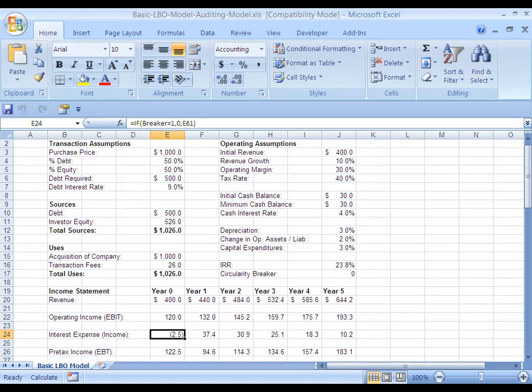So for your exercise, what I want you to do is pretty simple here. Basically all you have to do is set up this model so that the interest expense is showing the arrows, showing the precedents and dependents for each of these interest expense lines. So I'm going to do it right now, and I'm not going to tell you what the shortcuts are, but I'm going to do it, and then I want you to give it a shot yourself, pause the video, and then once you've finished it, or if you get stuck, unpause it, and I'll walk you through it with the shortcuts this time. So we'll enter precedents right here,